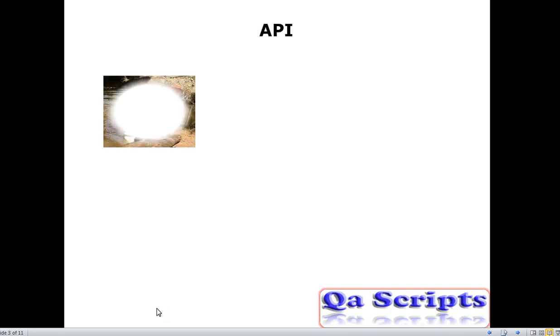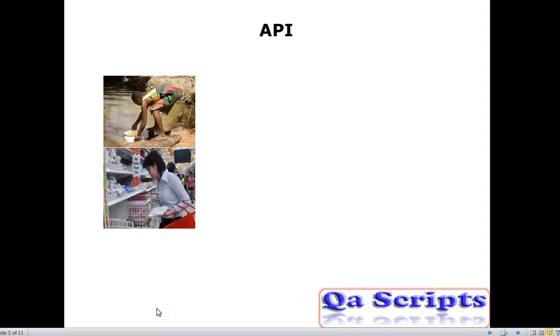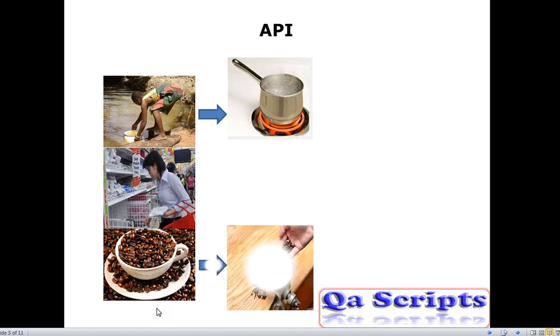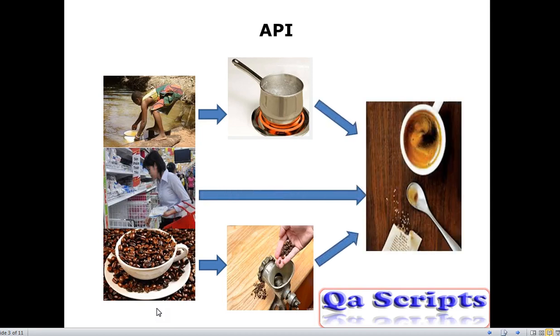I have to get the water from where it is available, bring sugar from the shop or mall, take the coffee beans, and boil the water. Then I have to make the coffee powder using coffee beans. After mixing all of these in proper portion, my coffee will be ready.